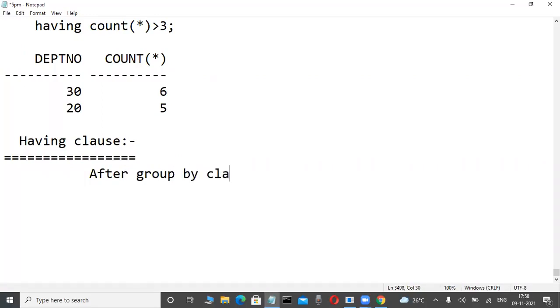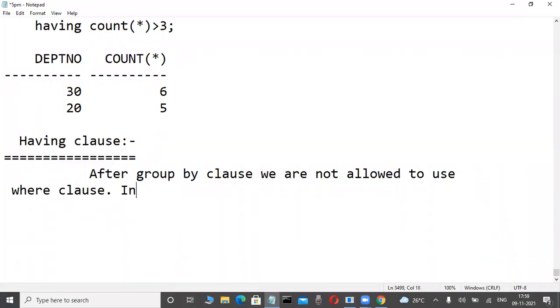After the group by clause, we are not allowed to use where clause. In place of this, the where clause,